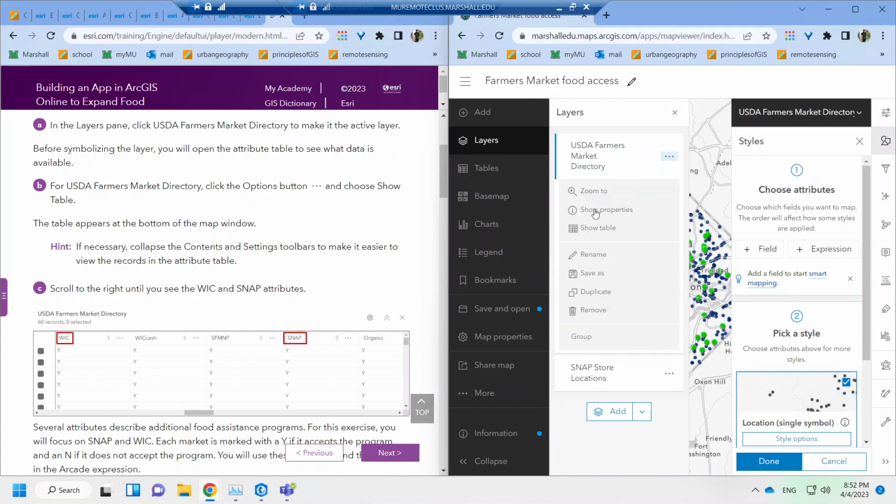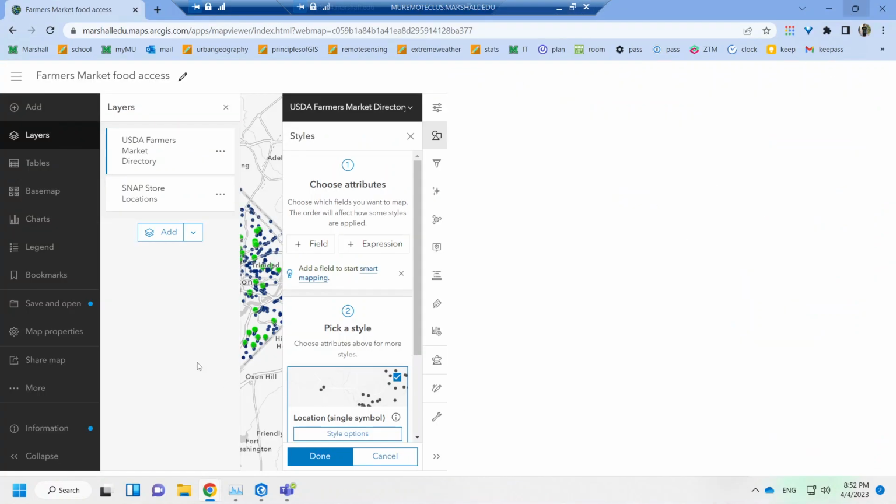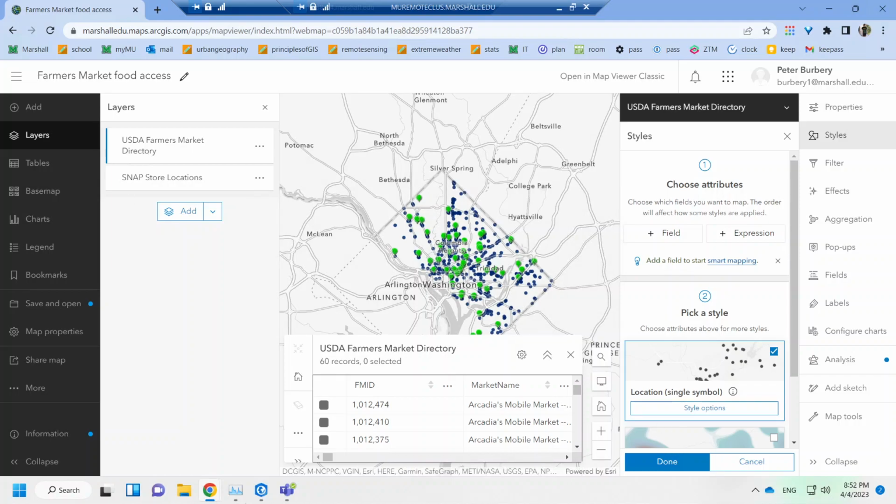Maybe I thought I clicked it. What? Show Table. I have to make it bigger or something. What's going on? Okay, there it is. Okay, so